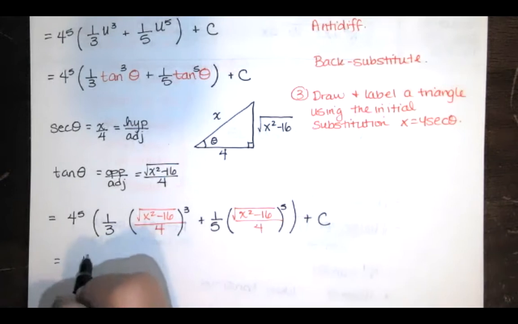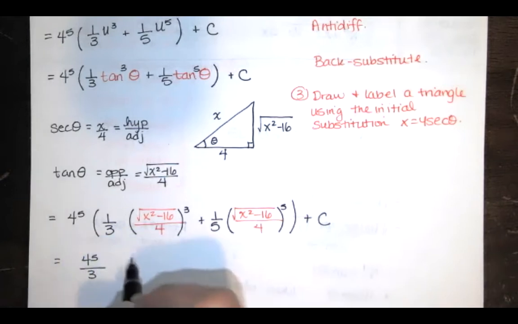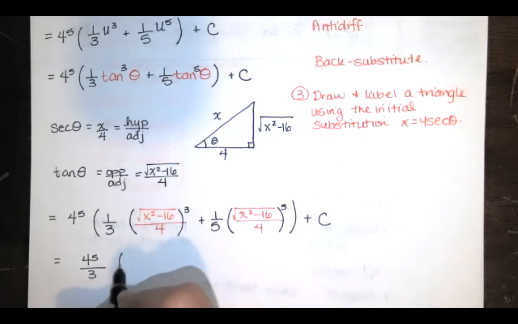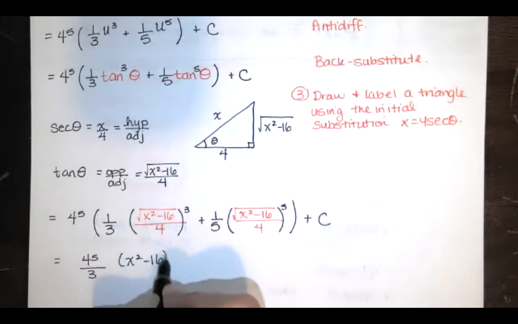So if we distribute this, we have 4 to the 5th over 3, and this is going to end up being x squared minus 16 to the 1/2 and then cubed. So if we're raising something to the 1/2 and then cubing it, that's raising it to the 3/2,